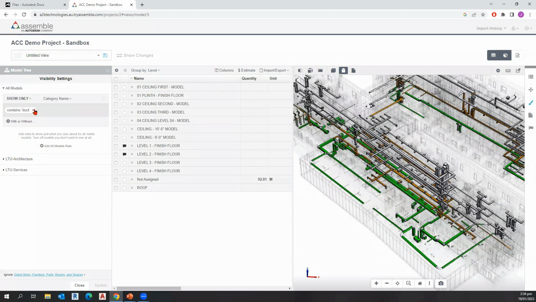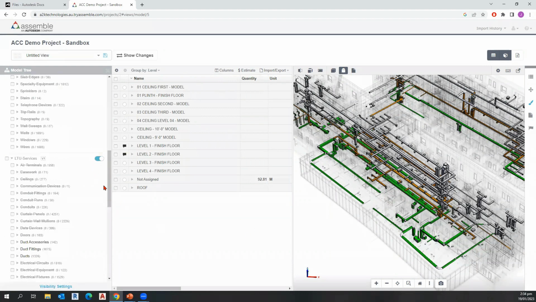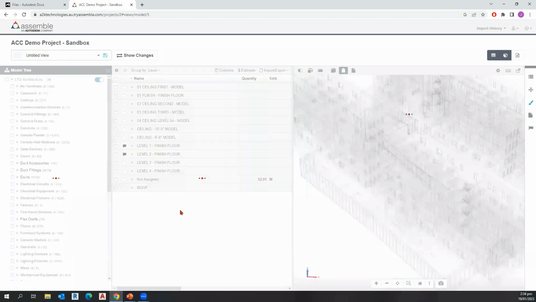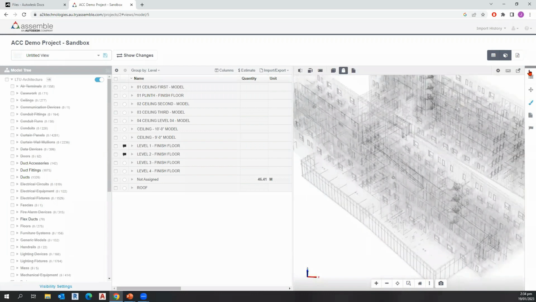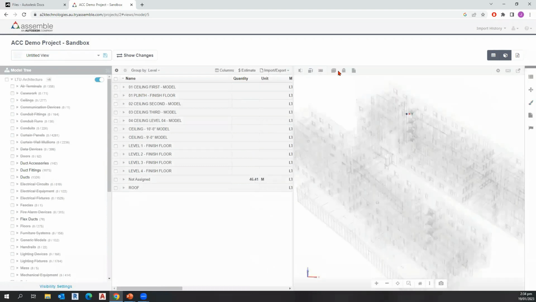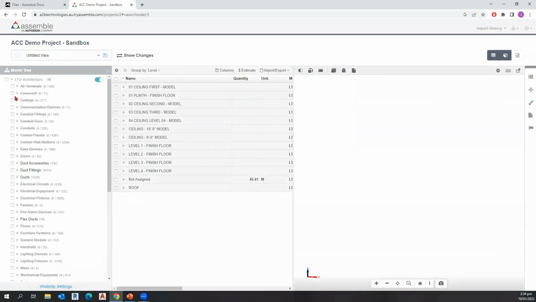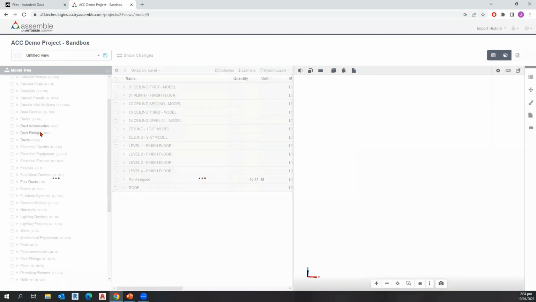The last thing I want to show you before I jump back and we can get into Q&A is change management. So I'm just going to get rid of my services model for now. Just have one model. Okay, perfect. Just get rid of all that. And I'll just get rid of all my ducts and everything. Get right back to the